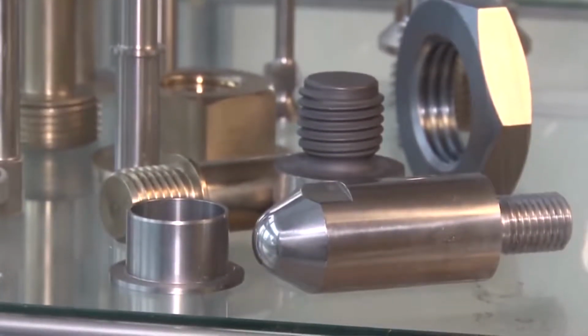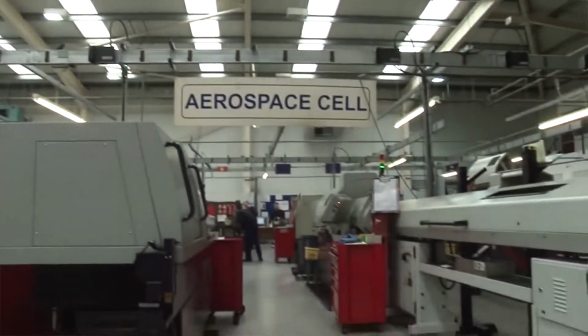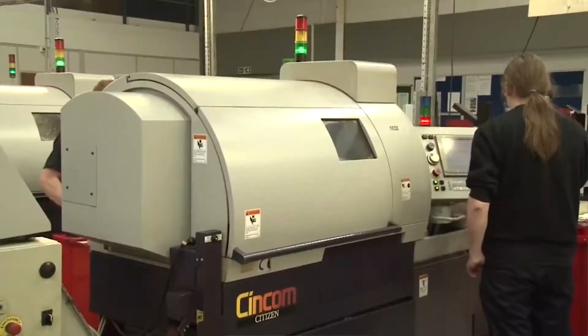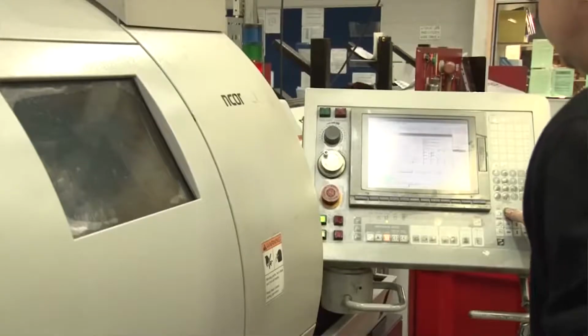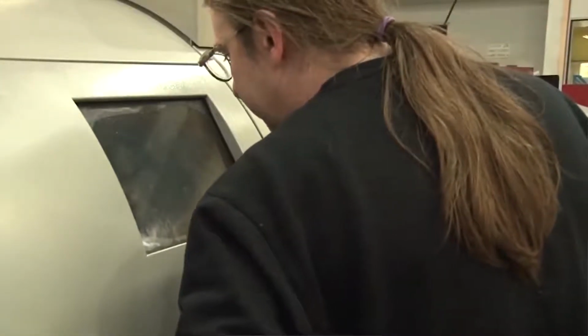And I know there's not many people who can actually make these in the UK. No, there's not actually. I think we're a very small market, which helps us out quite a lot. So it's not that competitive. So what type of machines have you got here? We have got Citizen slide head machines that make predominantly the aerospace bolts, which is the A-series. We have Trobes that make the aerospace nuts, and we have Ardingers and a Haas on a made to order